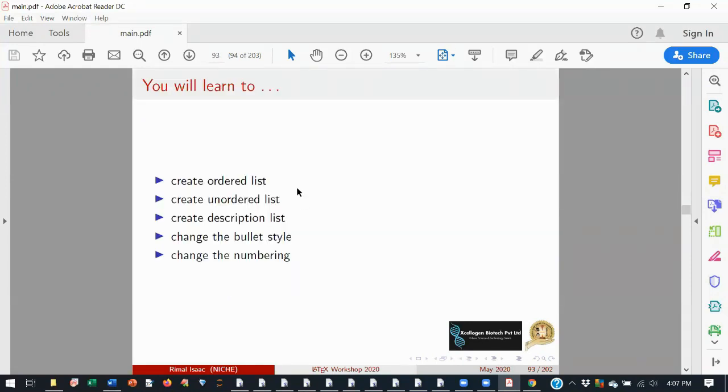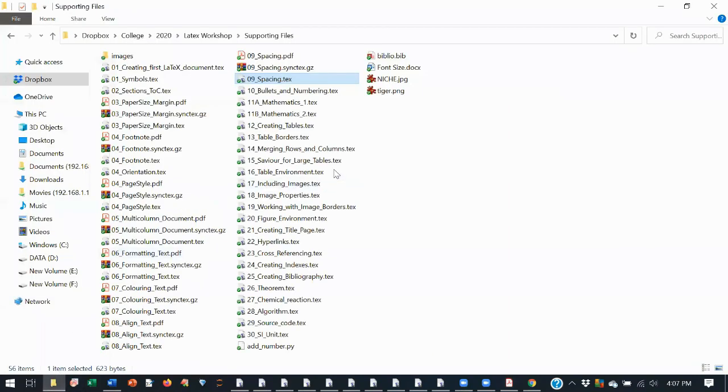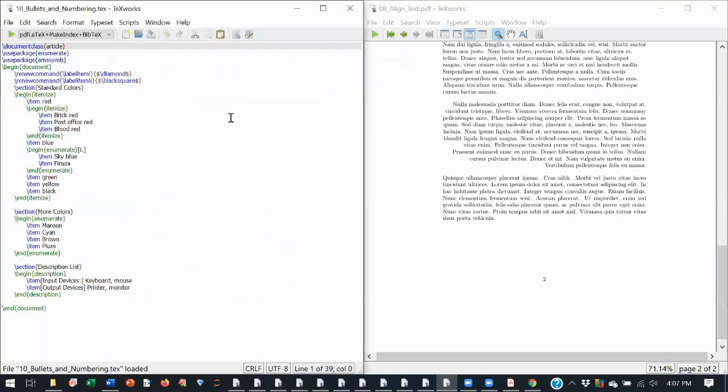I will stop today's session with bullets and numbering, and we will have some time so that if anyone has any questions, I will try to answer them. So next is bullets. For creating bullets, you need to use the package enumerate.